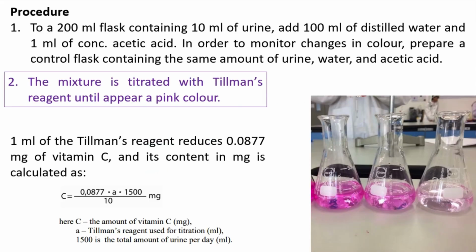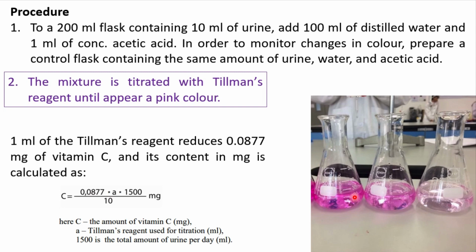So in the process, before you start, it is important, because the color change is very difficult to observe or get accurately, it's better to prepare a control flask, right? That contains the urine, the water, and ascorbic acid, right? So this is a control setup, and at the end of the experiment, we are looking for the pink coloration,